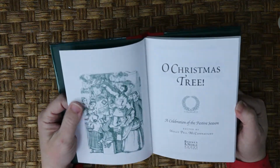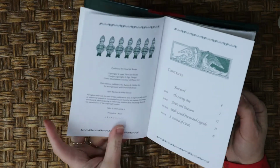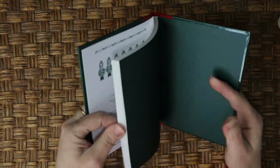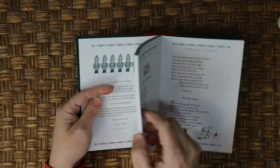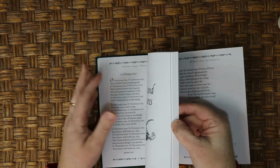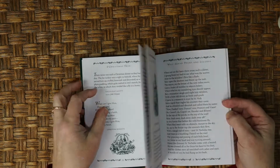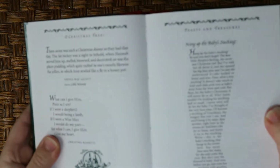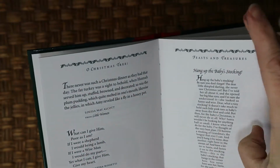And the inside, what's the date on it? 1996. So it's full of Christmas poems. Sorry, the book is so stiff. And this is sewn signatures. So look at that. I can take my blade and just snip them, and I'll be able to pull out